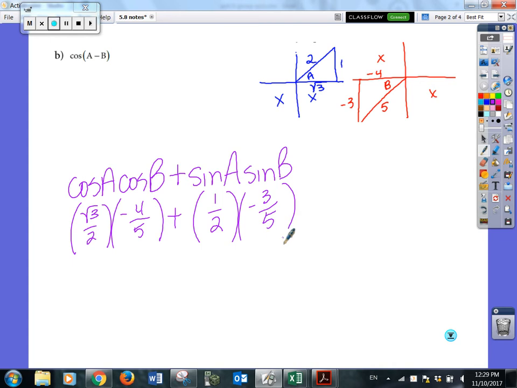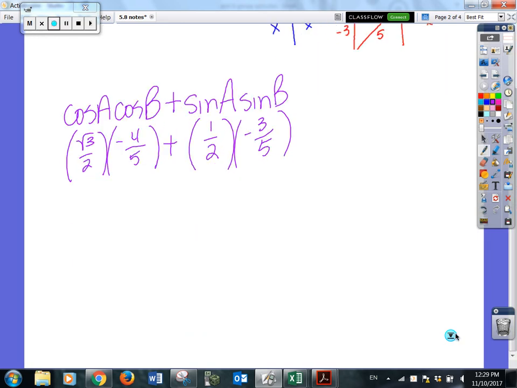Notice that second step right there has no sines and cosines. The cosine of A equals √3/2. The cosine of B equals -4/5. We're done with the sines and cosines at that point. And then notice our denominator is 10. It's 10. So here we have